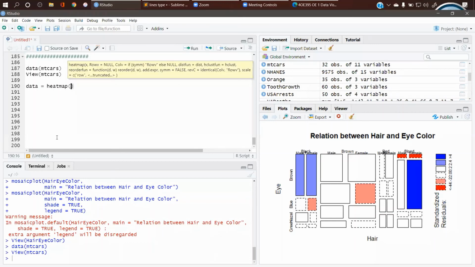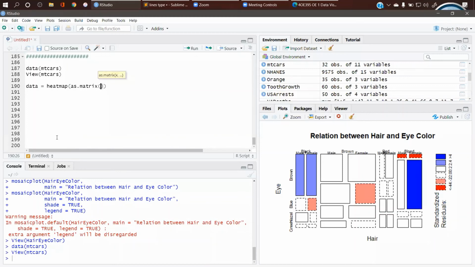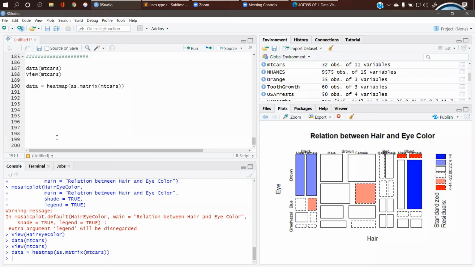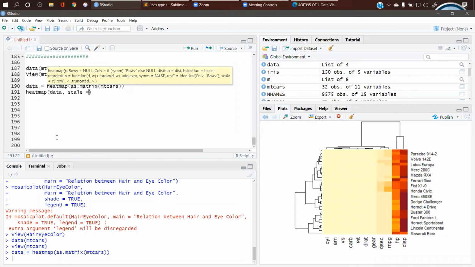I'll be converting this data into a matrix first because that is the requirement of the heat map, as.matrix, and my data set name, so it is mtcars. Now everything is related to data. So good.